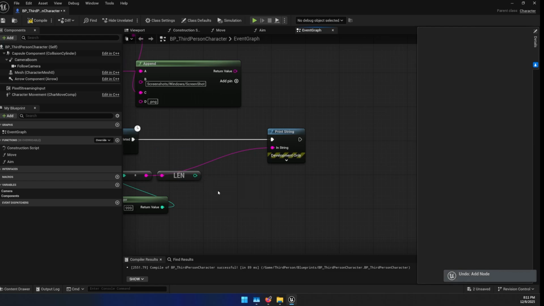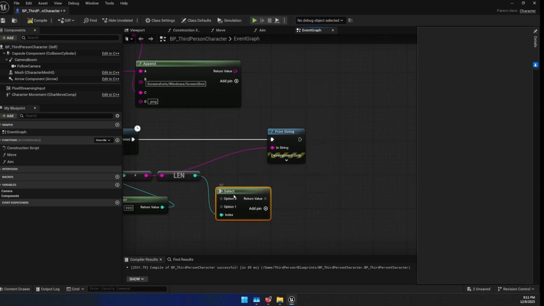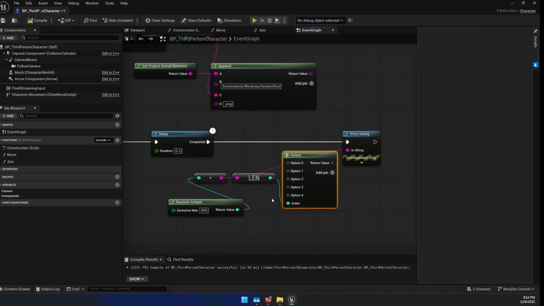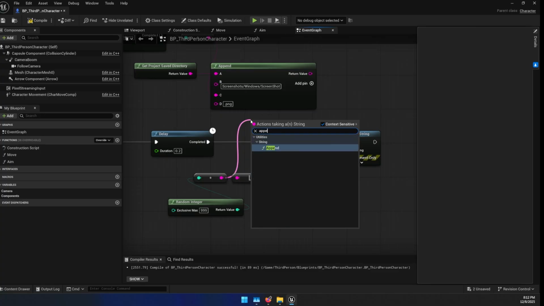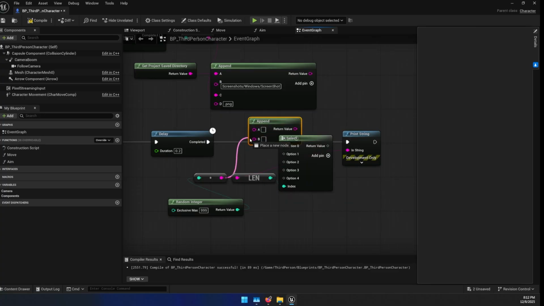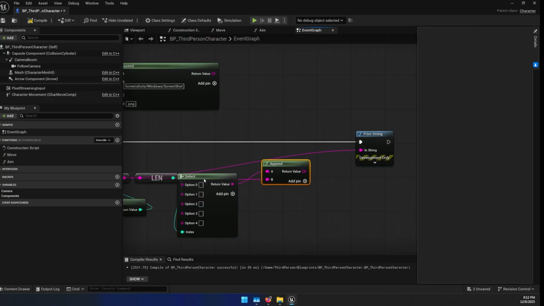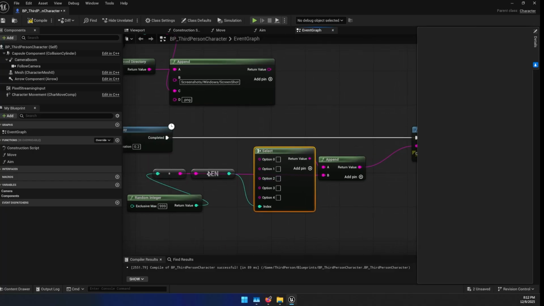Oh, not this one. Now let me just write it here. A normal select node, convert this to length, and let's add 4 options. Return value. So we need to add the zeros before this. Let's add an append node, and we need to add the zeros before this. Move this a little bit forward, and actually we're going to print the result of this, so that should be